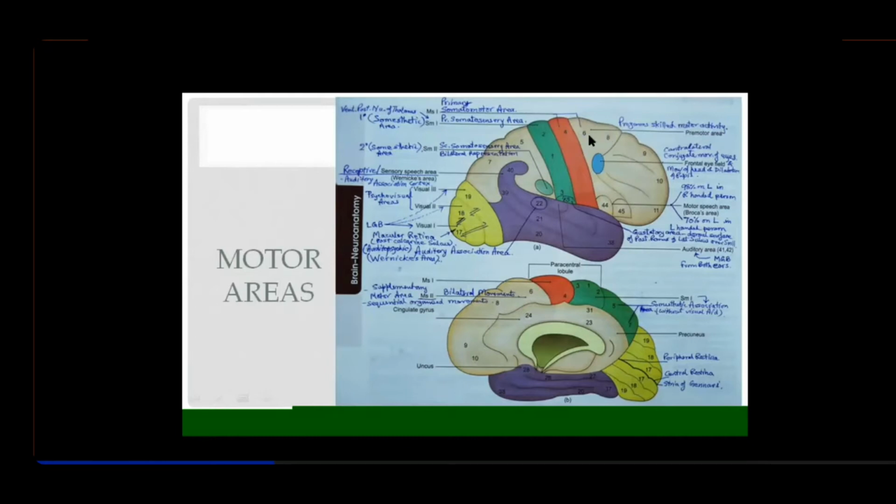When area number 6 and 8 descend down and cross onto the middle frontal gyrus, just anterior to the precentral gyrus, in continuation with area number 8, this area is called the frontal eye field area. It's a part of the middle frontal gyrus. In short, you can remember it's the posterior portion of the middle frontal gyrus, just anterior to area number 4, or a downward extension of area number 8, and that is the frontal eye field area, right?